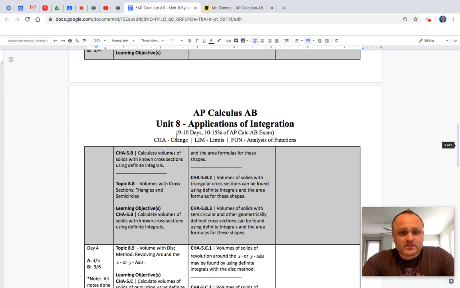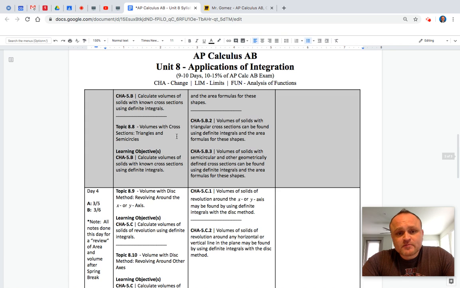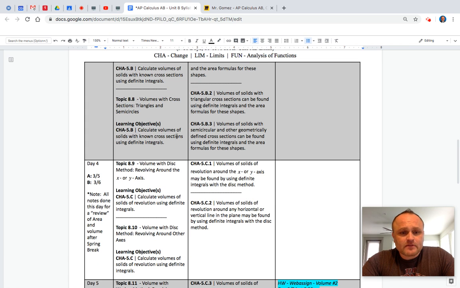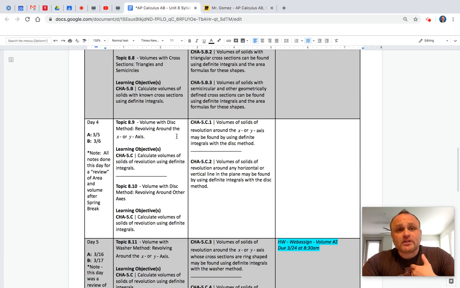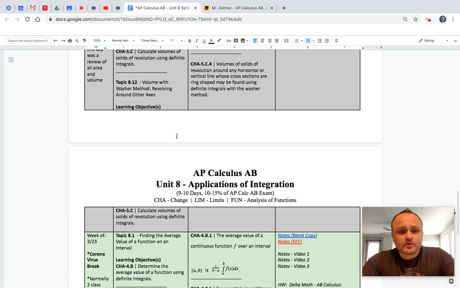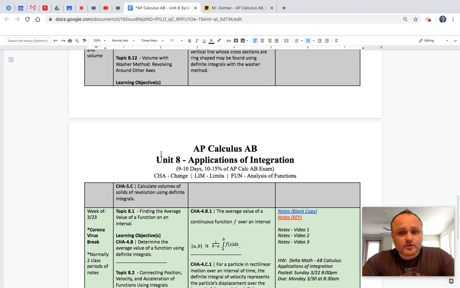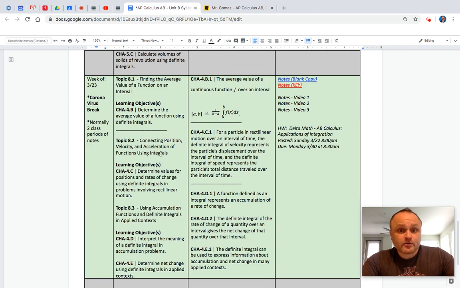Okay, so let me give you an example. So we have it alternating gray, white, and then we get to the week that we're going to start, which is week, here we go, week of 3/23 to 3/20. Okay, so week of 3/23, we did it in coronavirus green, just for fun. But there it is, week of 3/23.